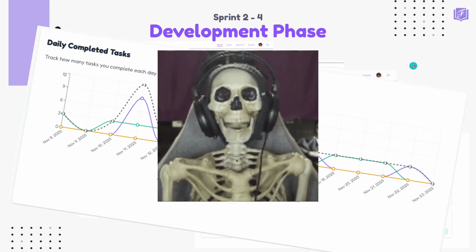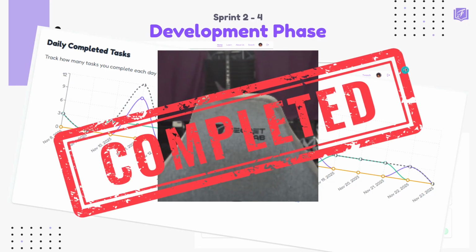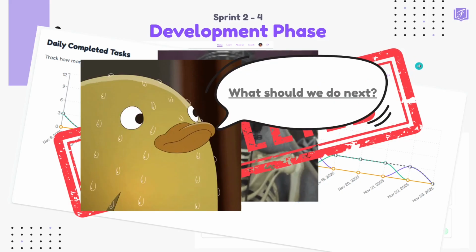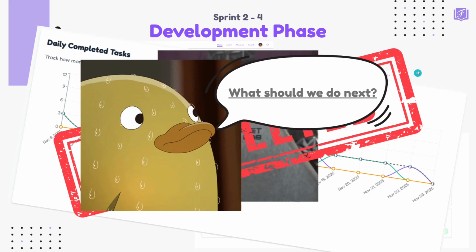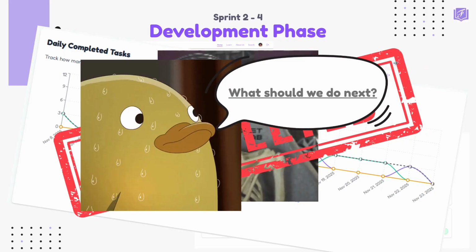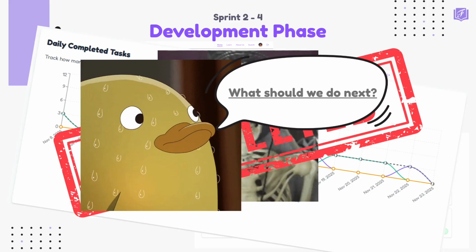But at least we completed every feature in our website, and a question appeared: since we finished everything, what should we do? Before we talk about that, let's talk about what went wrong in this range of sprints, since we did a lot of development.